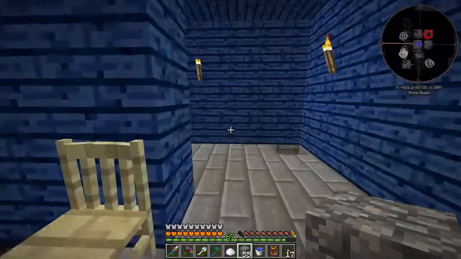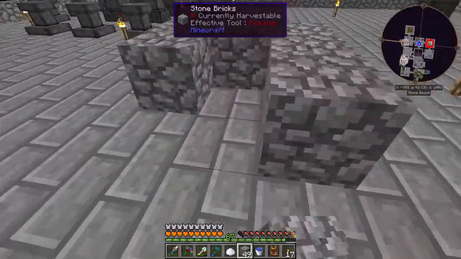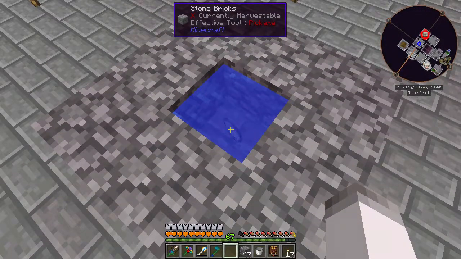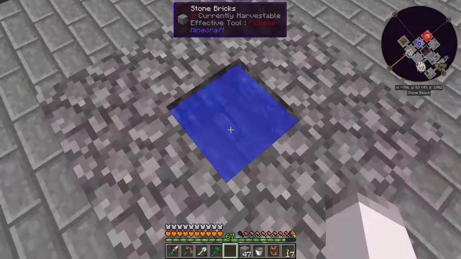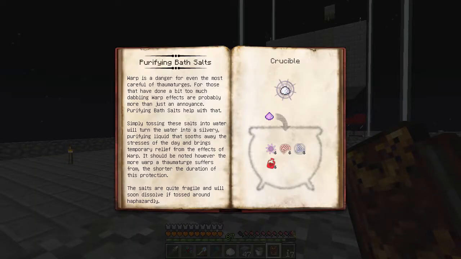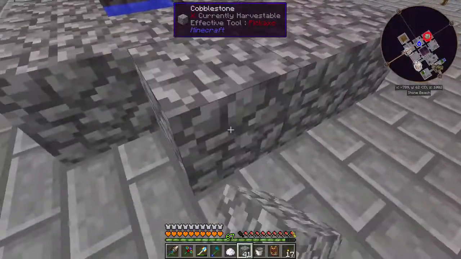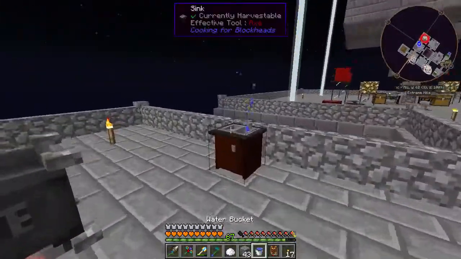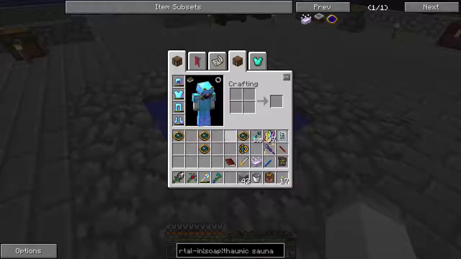So what we're gonna do, let's just come out here and we'll put water, dump the bath salts in there. Maybe. Simply tossing these salts into water will turn it into a... Okay, so that's supposedly what should happen. Let's expand this a little bit. And we'll make it an infinite source, like so. And we'll see if that works. And if it does...